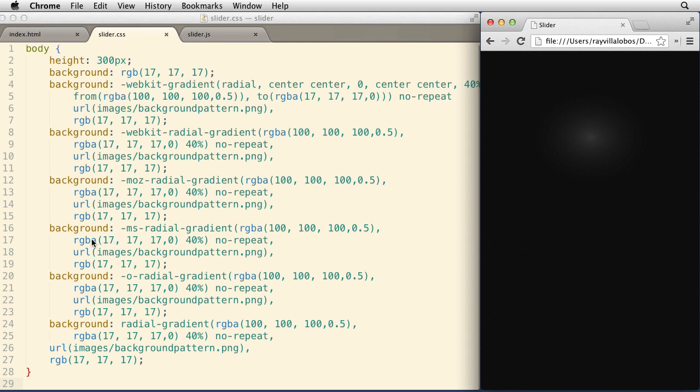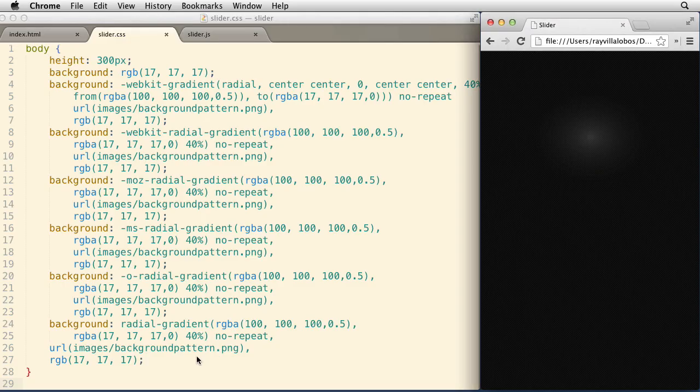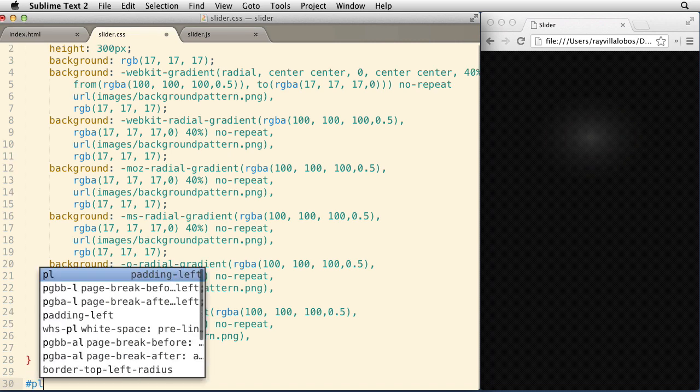So okay, the CSS for the player that I need to build now is going to show the background for the music player, and that has the speakers and the volume text. So these little speakers plus this volume text is a graphic that I included in my graphics files, and I need to show that. So the player itself,